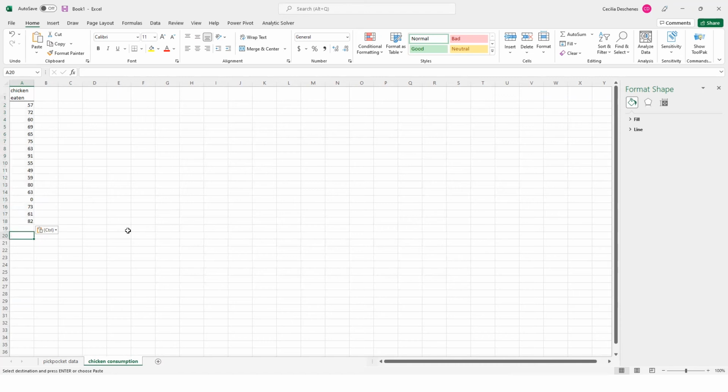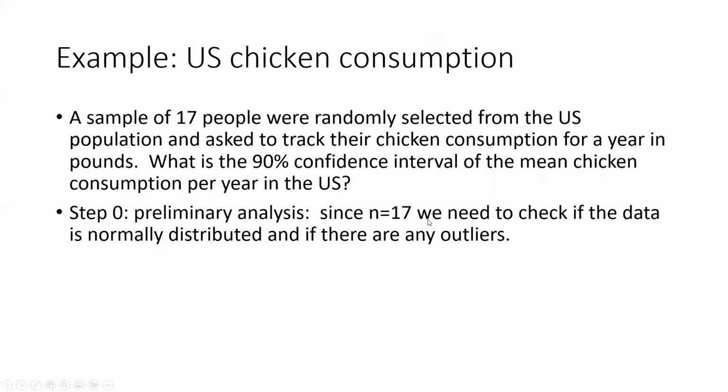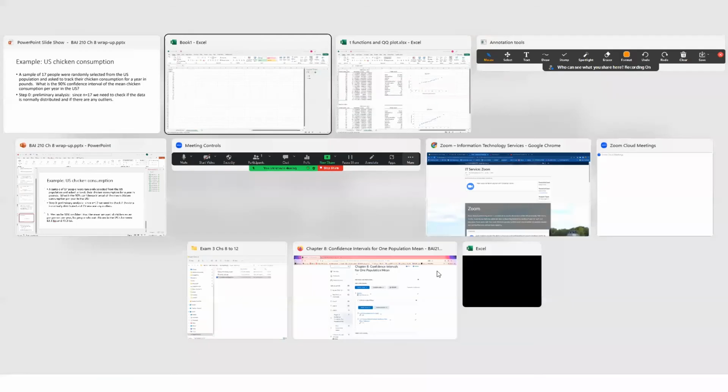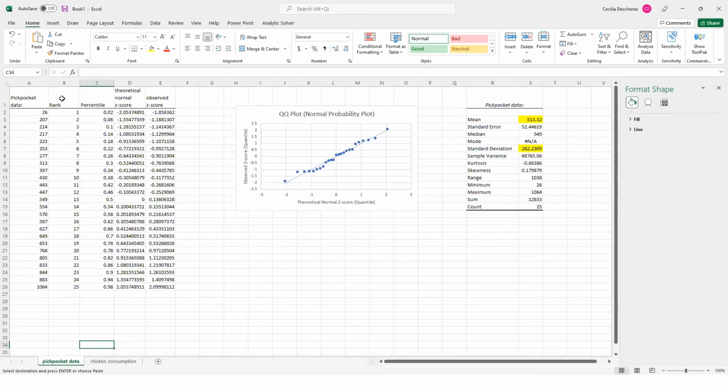Now, if you remember, since n equals 17, we actually do need to check if the data is normally distributed and if there are any outliers. Okay, so let's go back and check that now. So we're going to do this using a normal probability plot. So the first thing I can do actually is come over to the pickpocket data, and I'm going to just